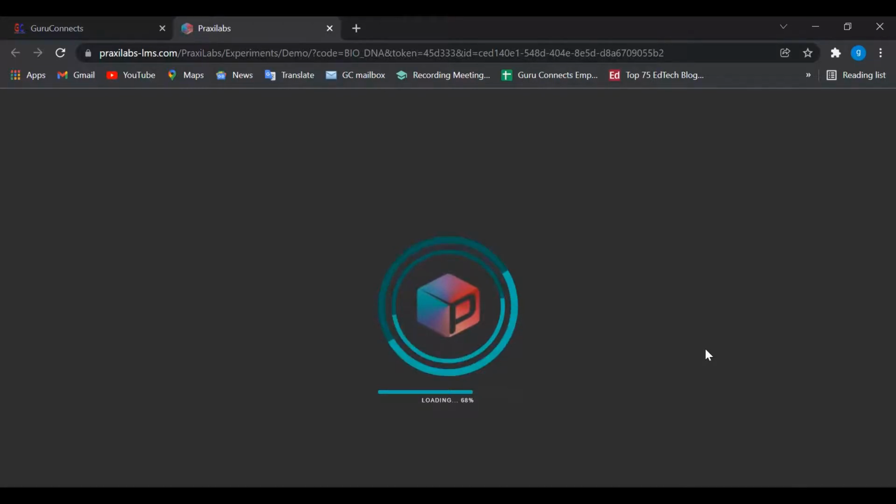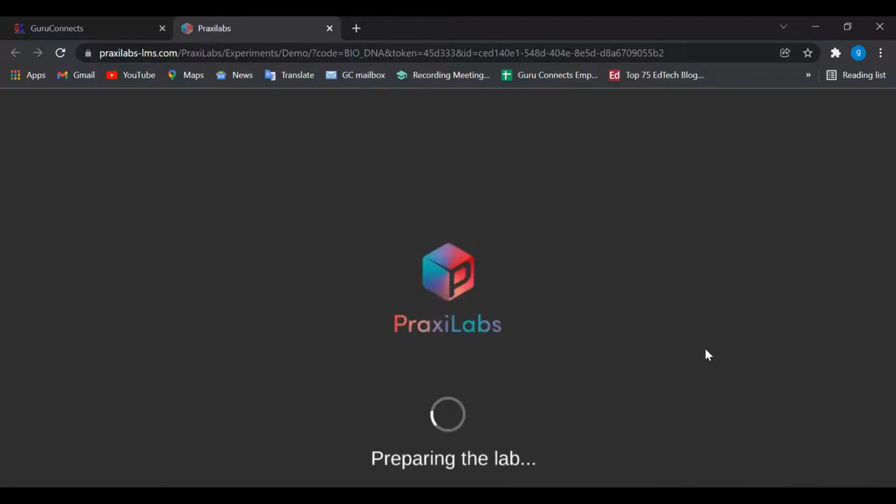And when you click on that experiment, the system first analyzes the lab for you, and the experiment and the apparatus, everything is prepared as per the requirement of the experiment.